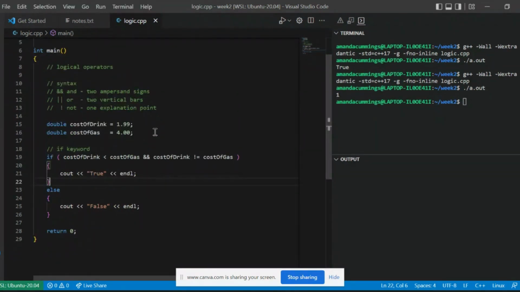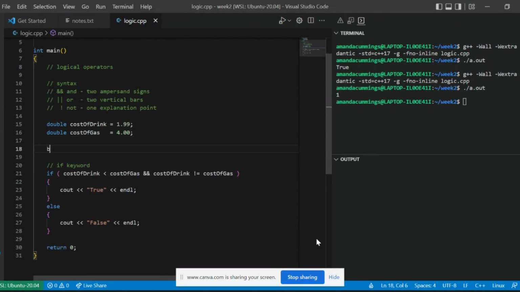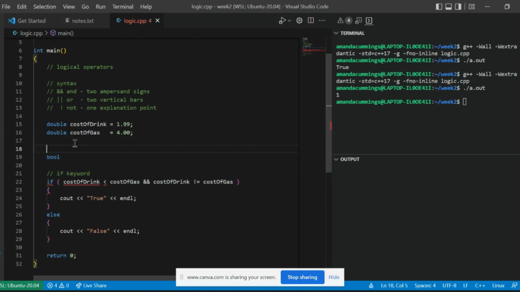Let's go ahead and show you how it's displayed in memory instead of just showing you that it displays true or false. Let's show you a memory example. I'm going to use a Boolean to do this. Again, I showed you a Boolean in my last example. However, I haven't created a Boolean video yet. But a Boolean is going to result in a true or false. 1 is true and 0 is false. So Boolean